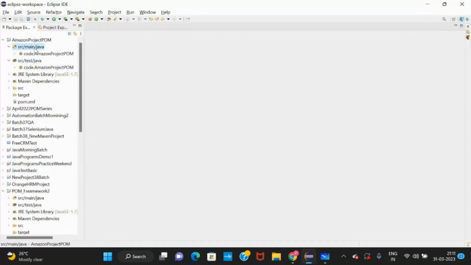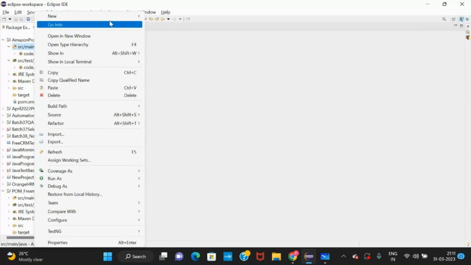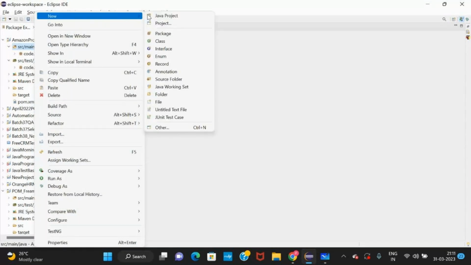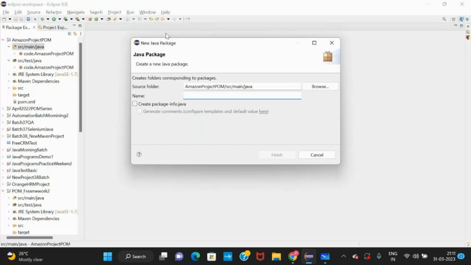Right click, create a package, a separate package for the test base. A package is nothing but a folder where we create classes. We will write the package name as base, and package names always start with a small letter. Finish.